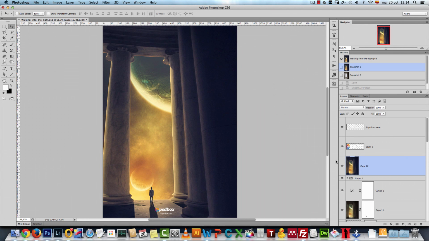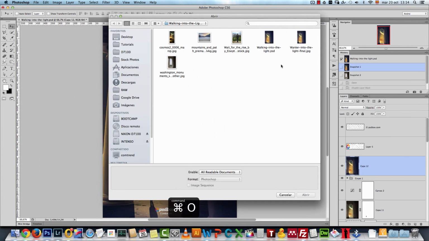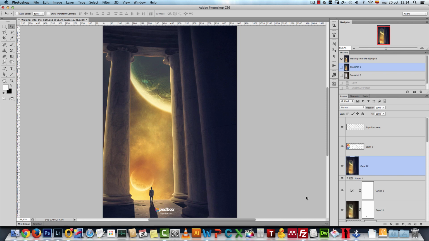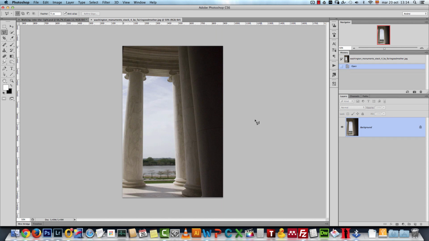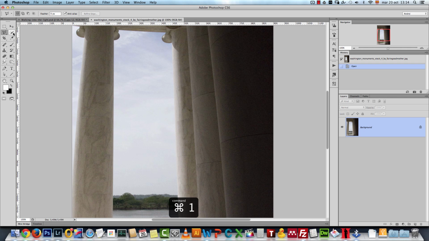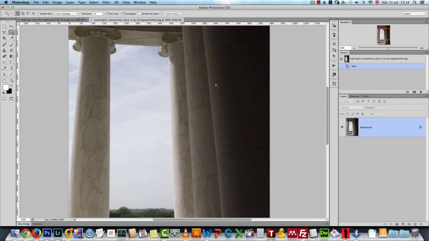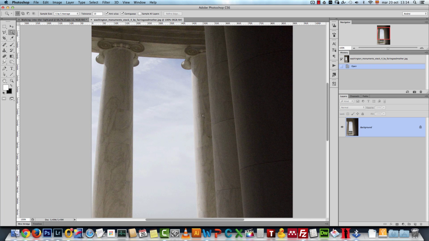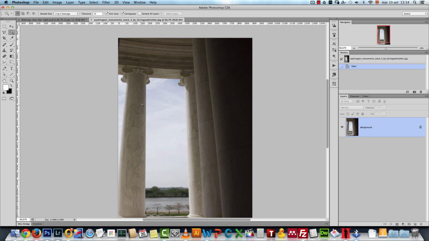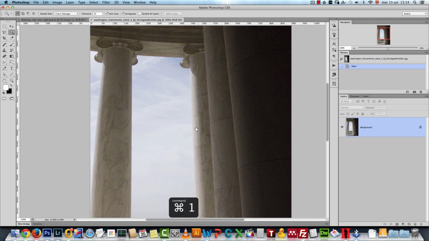Well, the first thing we want to do obviously is open our background image, and I just used 4 stock images for this. This is the image that I started with. It's a small resolution image, but I couldn't find anything else. So if you want to find a high resolution image of the same kind like you see here, you can do that. We have to remove the sky and replace it with something else, and for that what I will